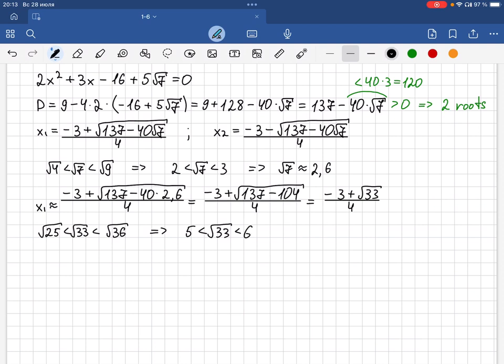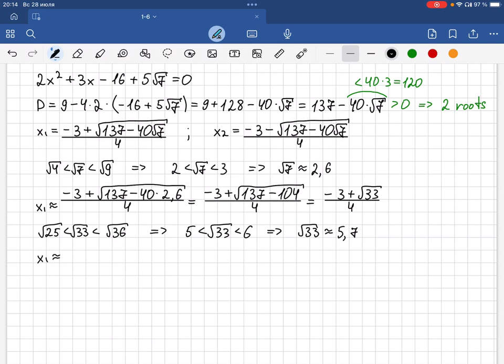And we also can say that it is closer to 6, due to the fact that 33 is closer to 36 than to 25. So we can say that the square root of 33 approximately equals, let's say, 5.7,